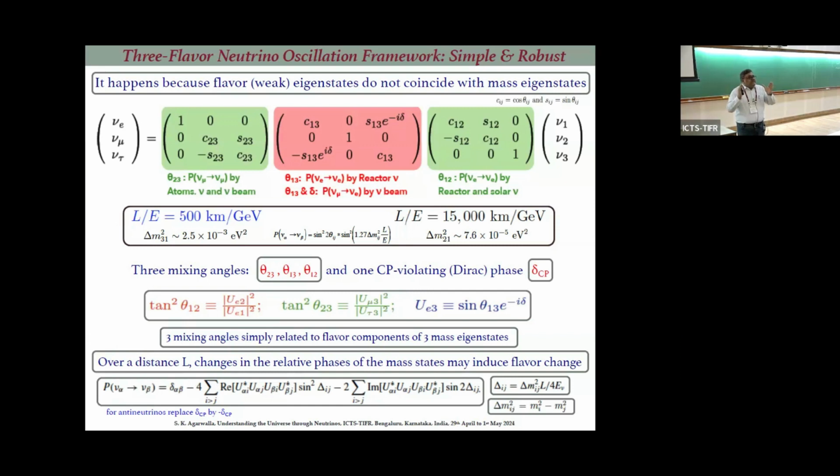All these long baseline experiments like T2K, NOvA, which are taking data now, you must have heard about these experiments. There are upcoming experiments, DUNE, T2HyperK. They are all trying to look for nu mu oscillating to nu e in their detector, right? But at the atmospheric mass scale. Now, this transition will not happen if theta 1,3 would have been 0. So, finite theta 1,3 makes it possible that nu mu oscillates to nu e. It will be very clear when I show you the probability expression.